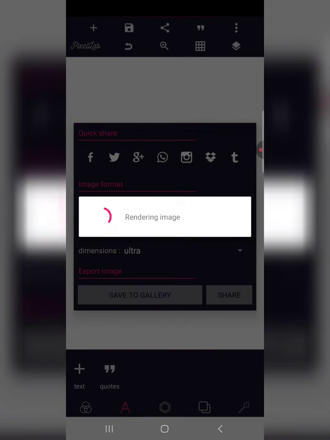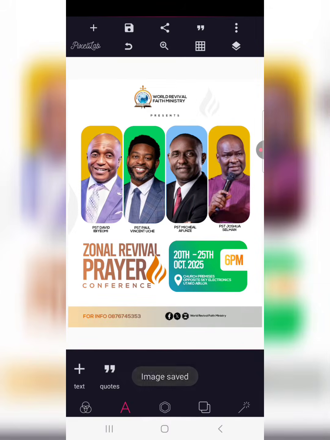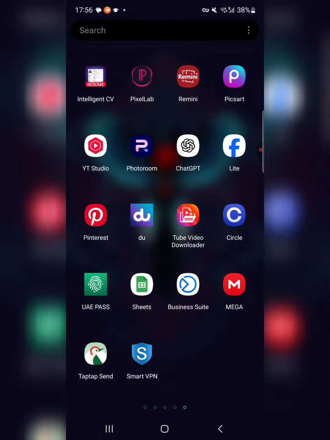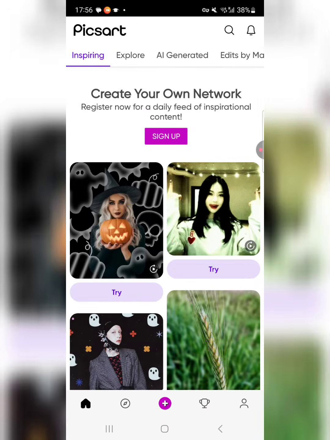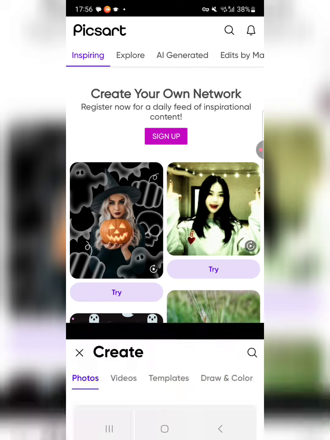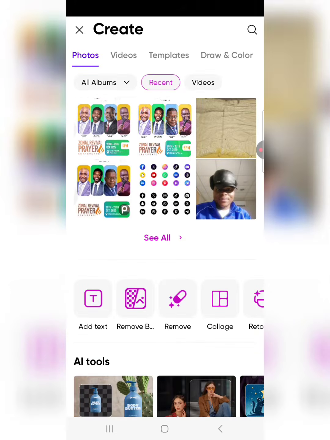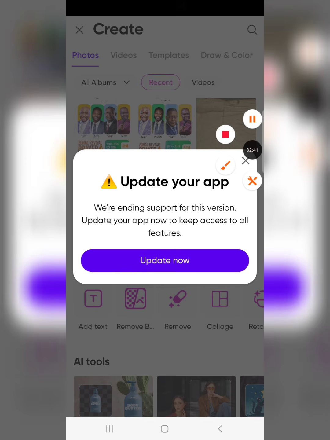Then after saving your work, we are going to proceed to PicsArt. Okay, PicsArt is going to help us to add those lights. So we're going to go to PicsArt, which is right here. So launch your PicsArt, subscribe to the channel. Sorry if the video is getting longer, but we just have to be step by step. So now click on add project and select your design. All right,